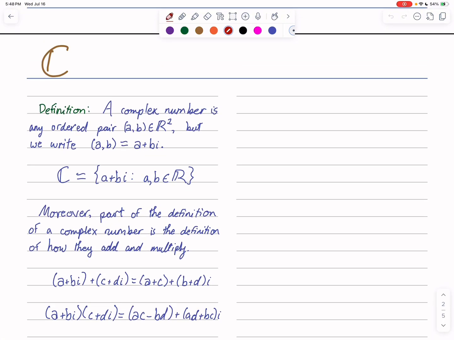Now, we're going to talk about complex numbers before getting into linear algebra, just because a lot of things that we do with linear algebra just kind of work better when it comes to complex numbers rather than real number coordinates. And that has to do with,